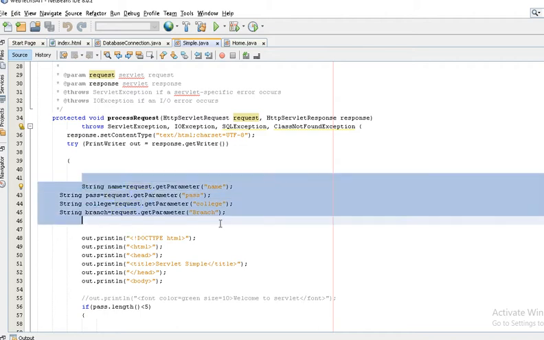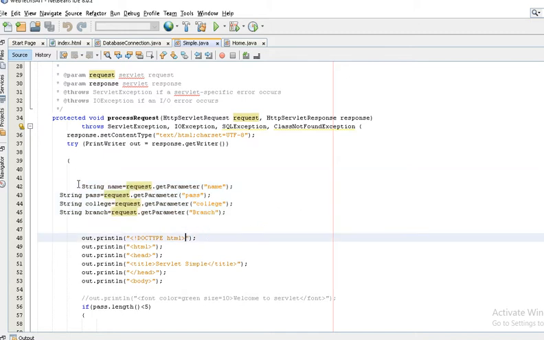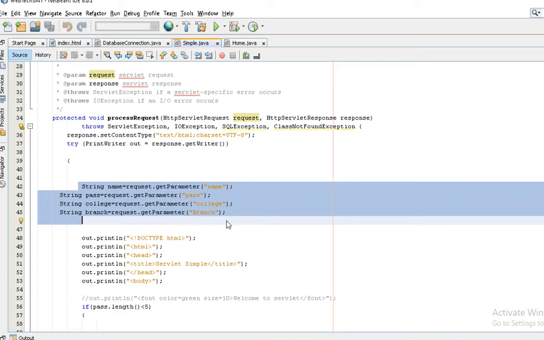By default, it returns a string type value. So I'm taking four variables to hold the four values from the form after the click on the registration button. After the click, it directly goes to this page.